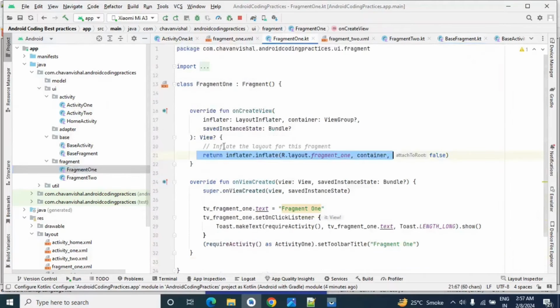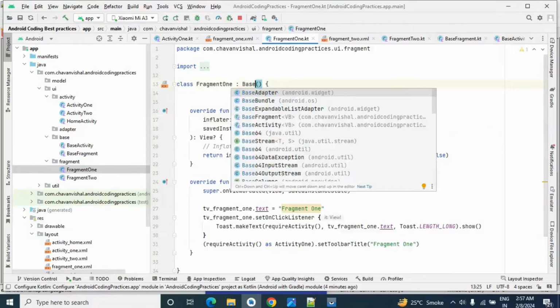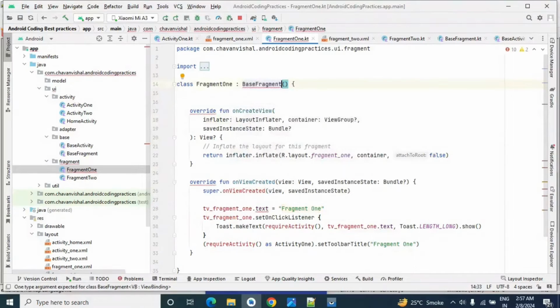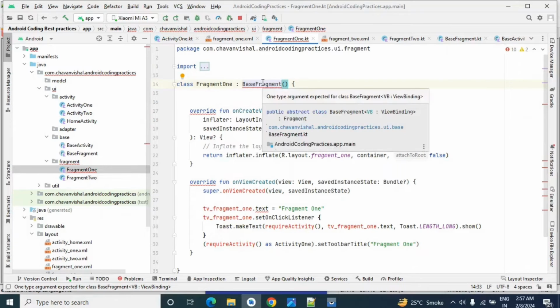Now let's go to our fragment 1, remove this fragment and extend it with our base fragment. So this is our base fragment, and here we will pass our binding.